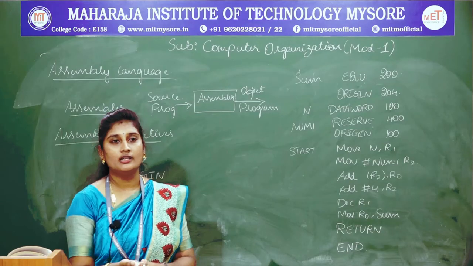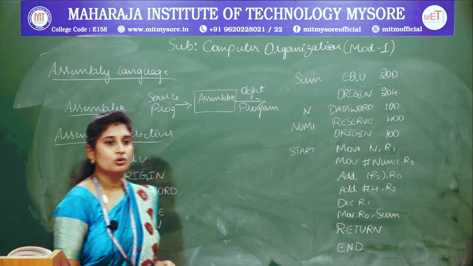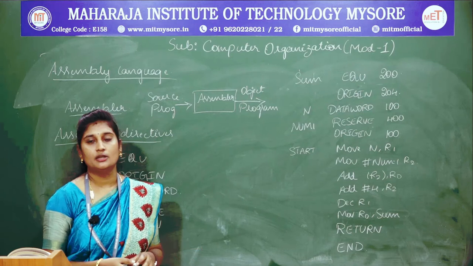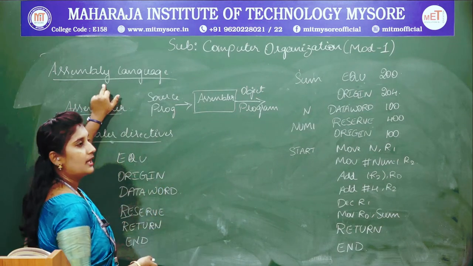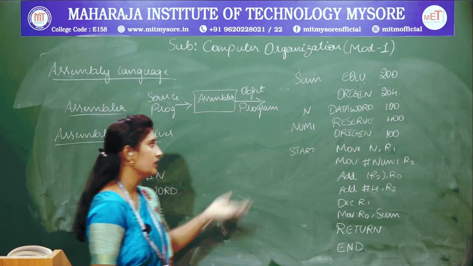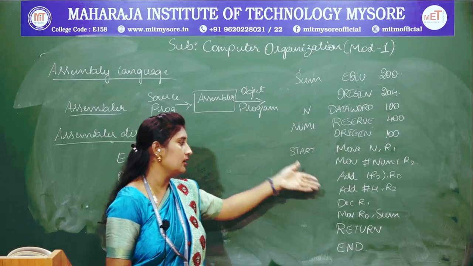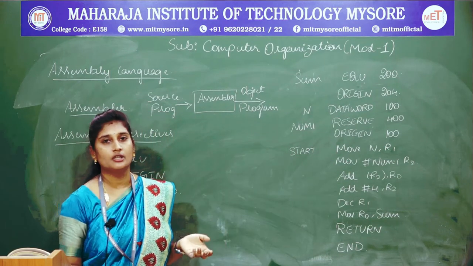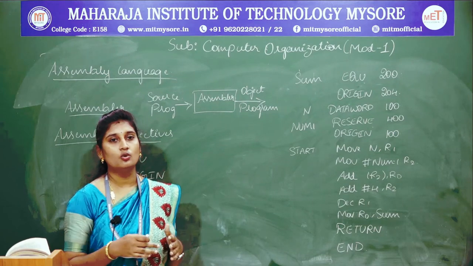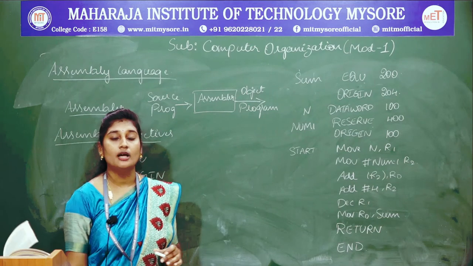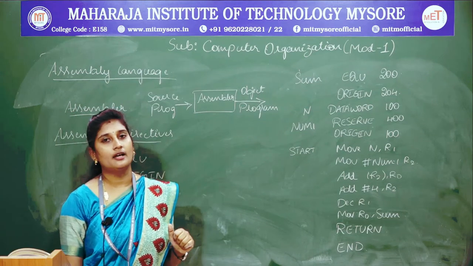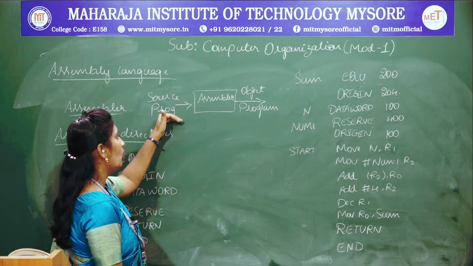We generally use symbolic names to write a program, isn't it? So these mnemonics and the set of rules that govern these mnemonics constitute an assembly language. Whatever mnemonics we are using, it might be move, add, decrement, return, and these are all some of the mnemonics or symbolic names that we use to write a program. This and the rules that we are following to write a program constitute an assembly language. So whatever program we are writing will be called a source program.